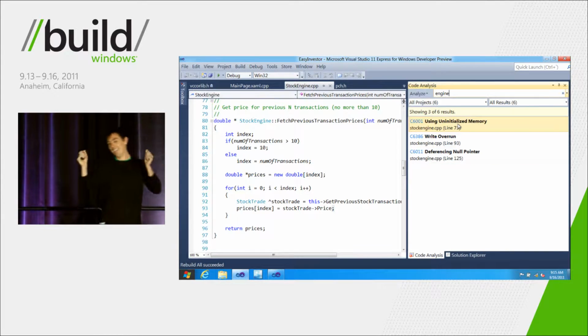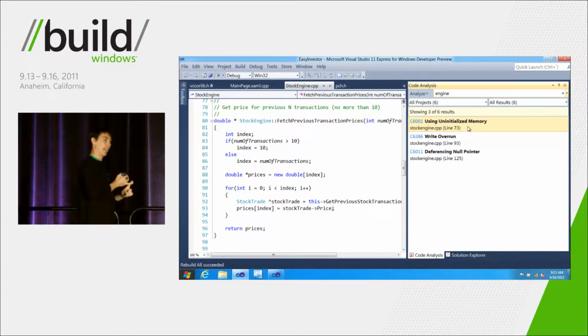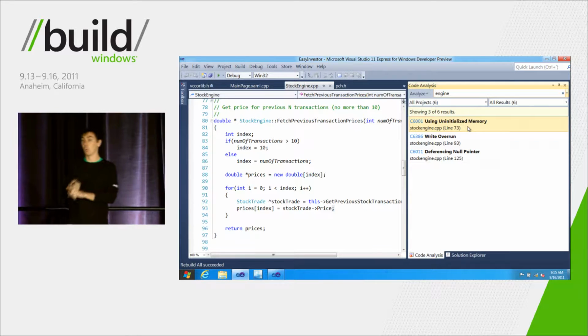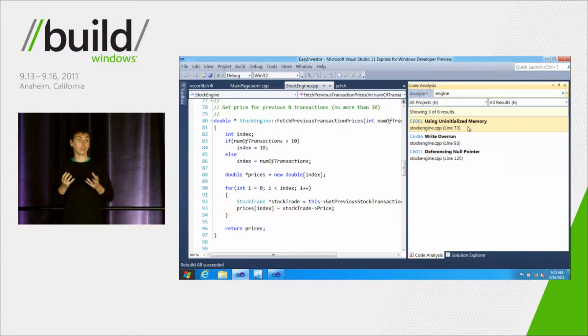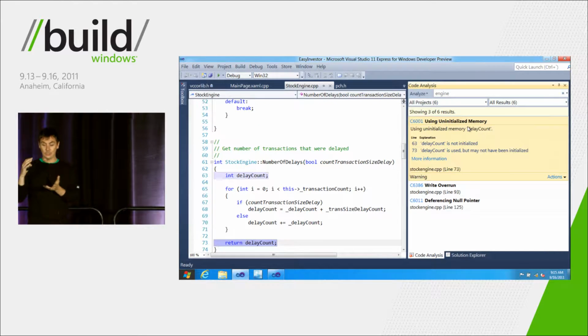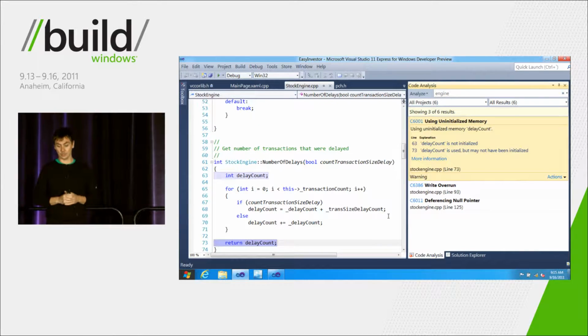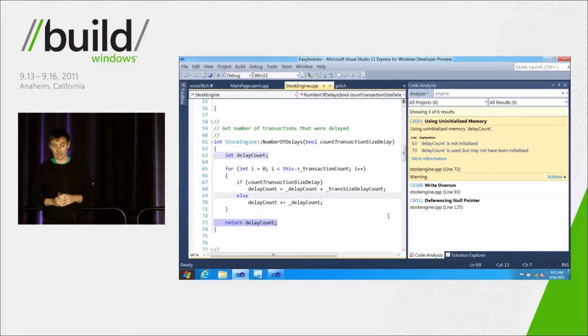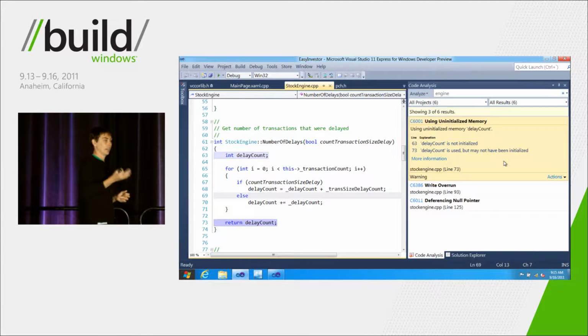So you can filter on class, you can filter on function, you can filter on file name, you can filter on warning number, or anything in the description of the warning. After Jason does this, he gets just these warnings that relate to the stock engine class here. So he's going to go ahead and walk through the first one. We're going to walk through 3 of the